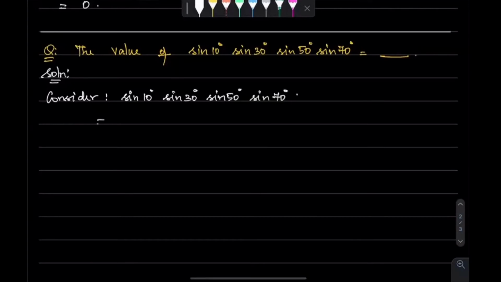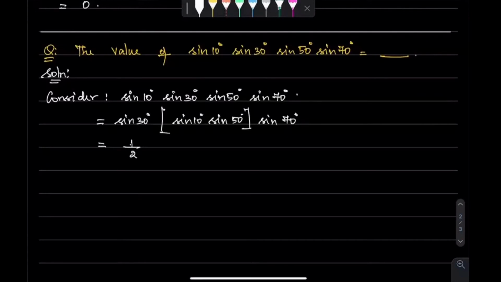Others, see, first initial thing what you have is sine 30 degree. Then I'm going to group sine 10 degree and sine 50 degree. So that what happens if I add, I get sine 60. Clear? And I have sine 70 degree. So what is sine 60 value? Sine 60 is 1 by 2. And you have to understand, in order to use this result, I should multiply and divide by 2, right? So I get 2. Is that okay, children?